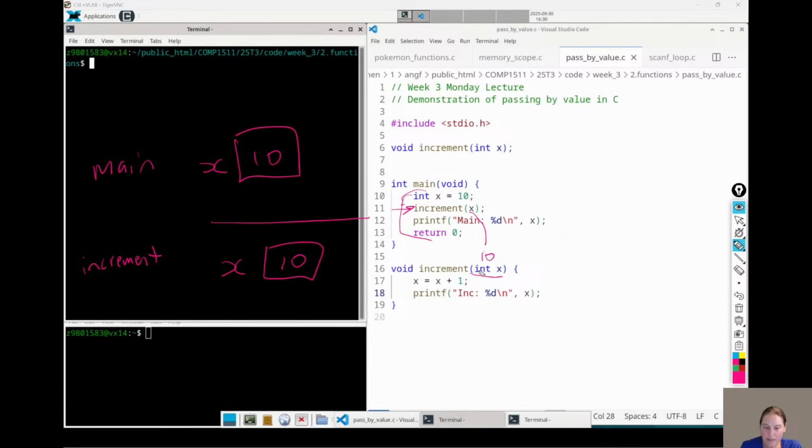So this was the main, this is increment. We're adding 1 to this in increment. It's its local copy. And now the value of this is 11. So inside here, we print out this and it says 11. Now this function finishes.